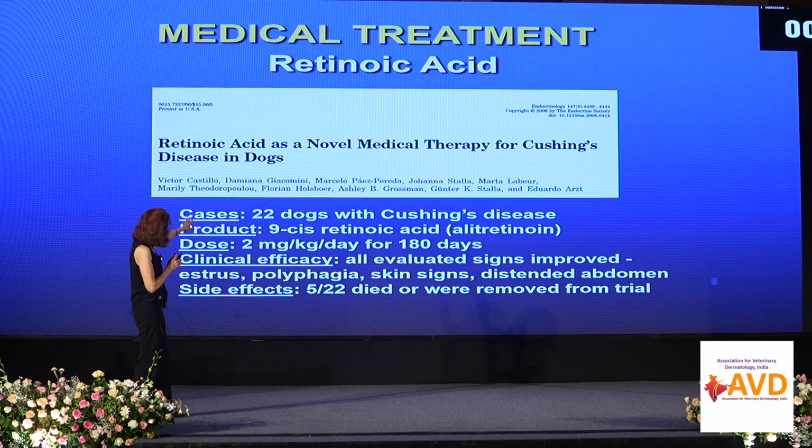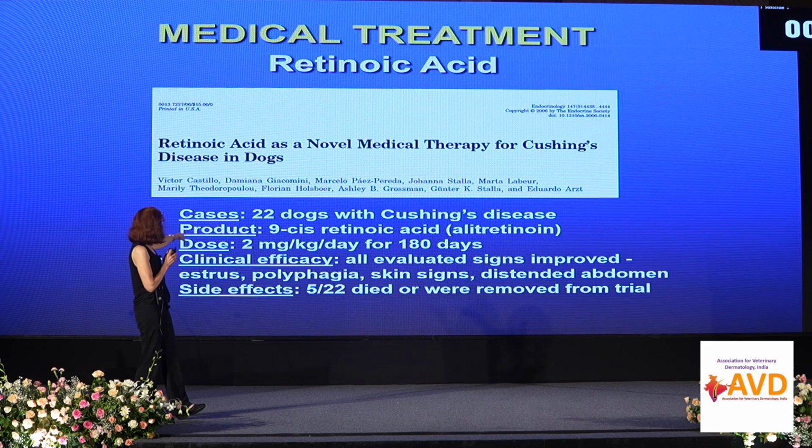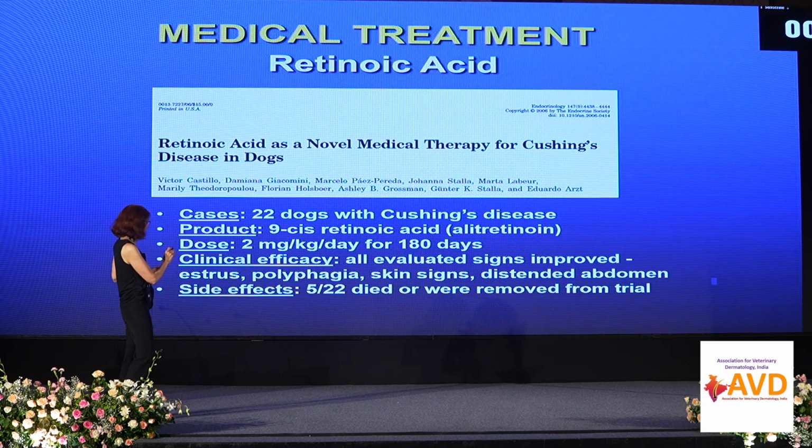See, this is a study, and they use it in 22 dogs with pituitary dependent Cushing's. They use that product, 2 milligrams per kilogram per day for 6 months, and they saw improvement in all the parameters that they use to assess these patients, and the ketoconazole group also improved very much so also, but had no effect on the tumor. And that's what they said. This is much better than ketoconazole because we have an effect on the tumor. Ketoconazole doesn't do anything like that.